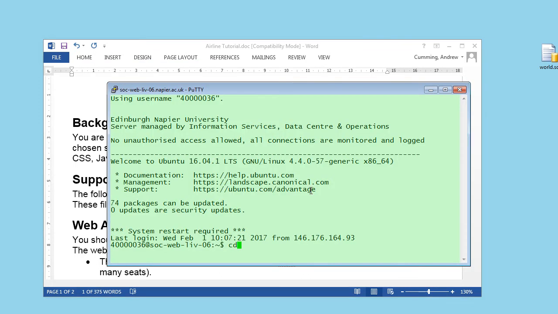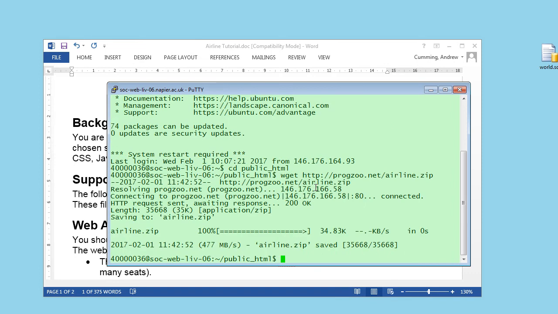Now I'm going to go into public HTML. I'm going to make a directory called airline. Now, first of all, I will unzip the files because that might have a directory already. Let's unzip that lot, and sorry, that's downloaded it. Now we'll unzip